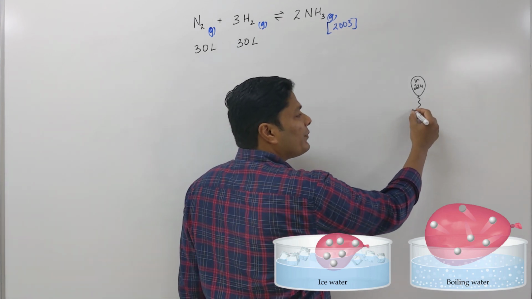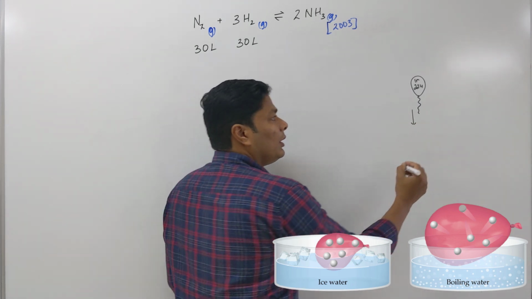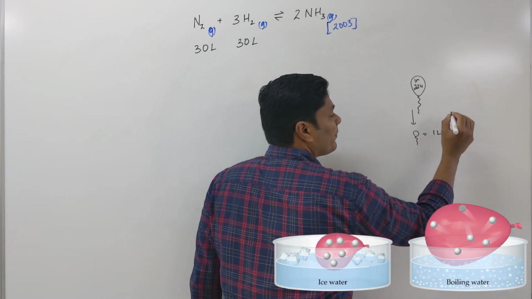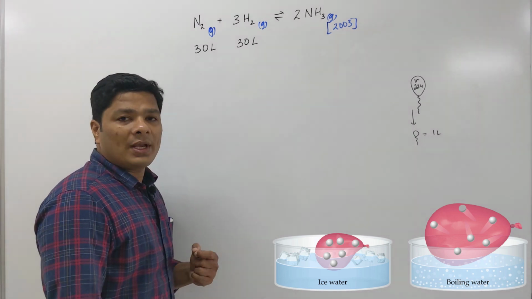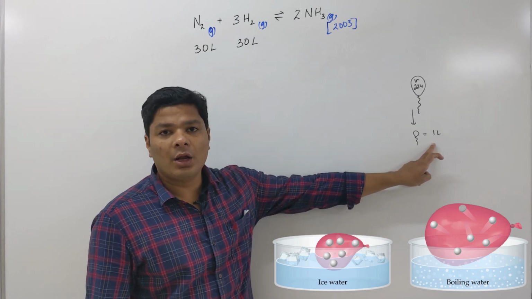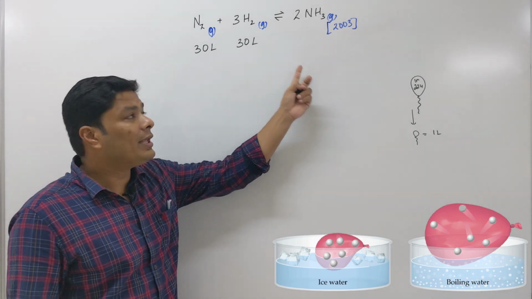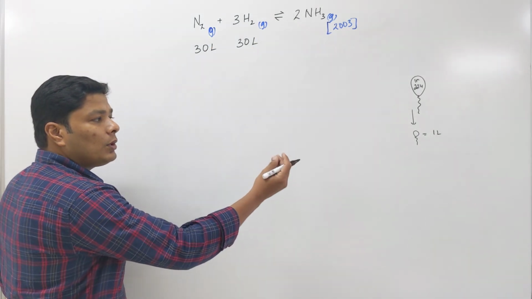At some temperature if you cool it, what happens to the balloon when it cools? If you keep a balloon in the freezer you will see it shrinks. So it becomes small. Let's say it becomes 1 liter. Alright. So under some condition, 1 mole occupies only 1 liter. Let's assume that condition. Why? Because they don't give you the condition. Meaning whatever condition is for this, the same is for this and this. So it's easier. So if 1 mole is 1 liter,